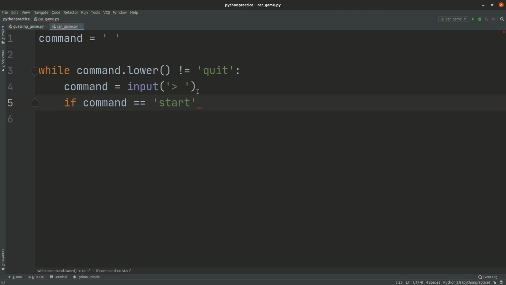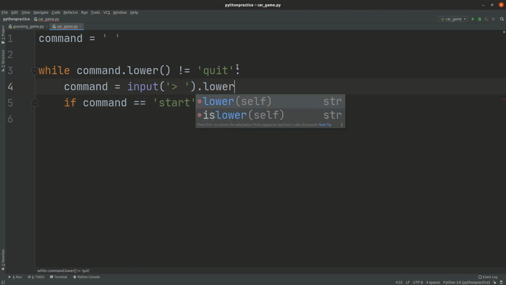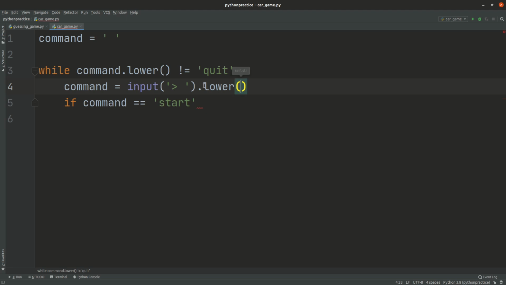Wait, I just need to add dot lower here, remember, because if we add it there, it's not enough. So if the command equals start, it doesn't matter if they type in caps, it will just be converted to this one. So if the command is equal to start,